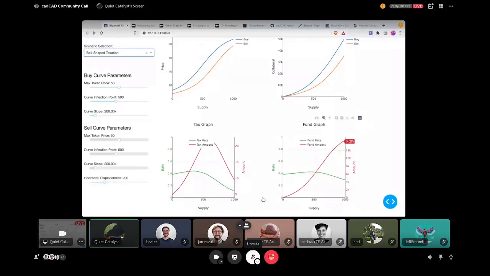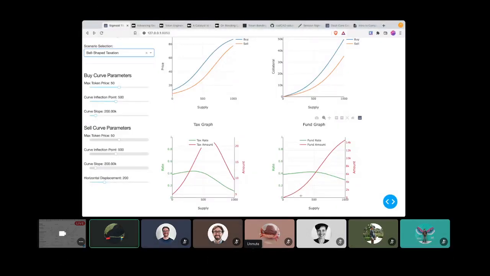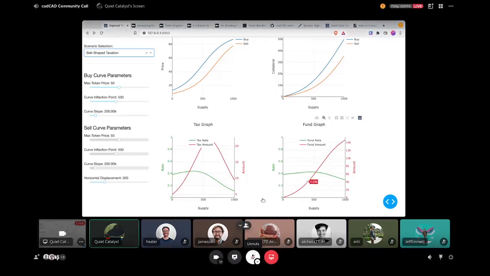So if a business is fine having a lower level of funding early on in the supply for whatever reason, but then as they reach certain points in their journey they want to accelerate that funding, then something like this might be applicable for them. So I think getting to the answer starts with thinking about how we want to manage funding in the system, and then how that maps to how people want to manage the business that the system is funding.